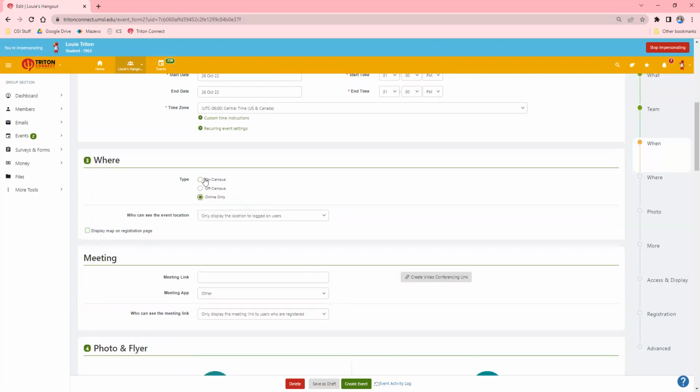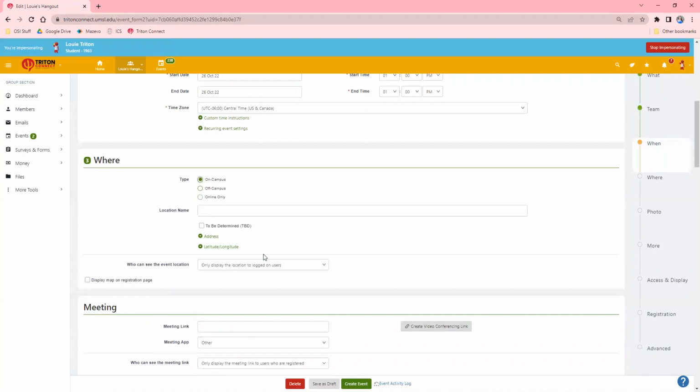You'll see if I click online only, it disappears a bunch of information you don't need. And then you can choose who gets to see the event location. So that would be your meeting link. And then down here it has you add in your meeting link, and you can choose who the link is displayed to as well. And so if you do on campus or off campus, it has you enter the address